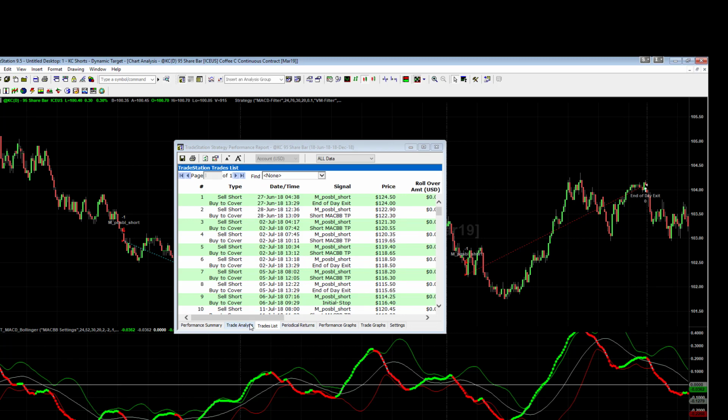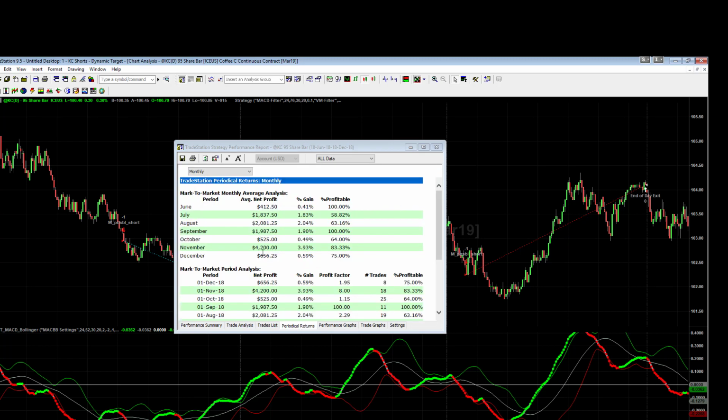If we go to the periodic returns, you can see there that November was fantastic at 4,200. That's our best month yet, and we're at 656 so far for December. So we've still got another couple of days of trading left, so it looks pretty good. As far as the Euro futures and other markets like that, I'll send through a bit of an update on those as we